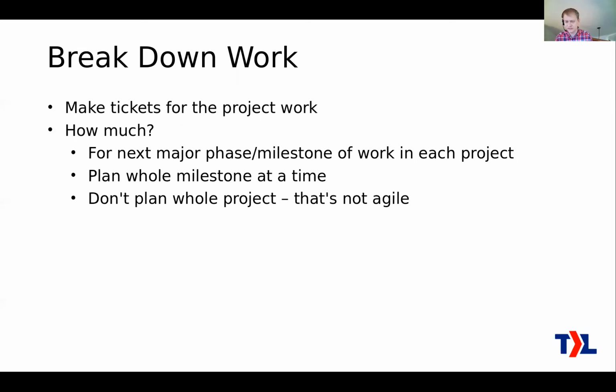Break up the work for all of the next phase, okay? You don't want to do a whole project milestone at a time. You don't need to do the entire project if it's a big project that has more than one phase. That's not very agile. You could plan out the whole thing, say 3 or 4 phases of work, but you get through the first one and it took you twice as long as you expected, and maybe the project's just over, like they cancel it, or you can't do the work at the end because you used up all the budget or whatever. Then you've wasted all that planning work, okay? So that's why you don't need to do that. Just do this stuff one milestone at a time.